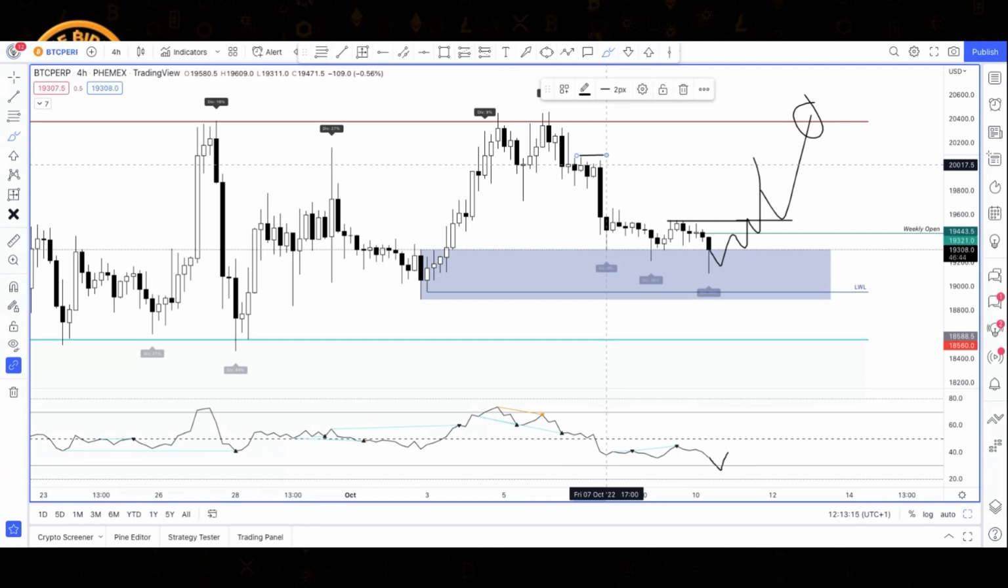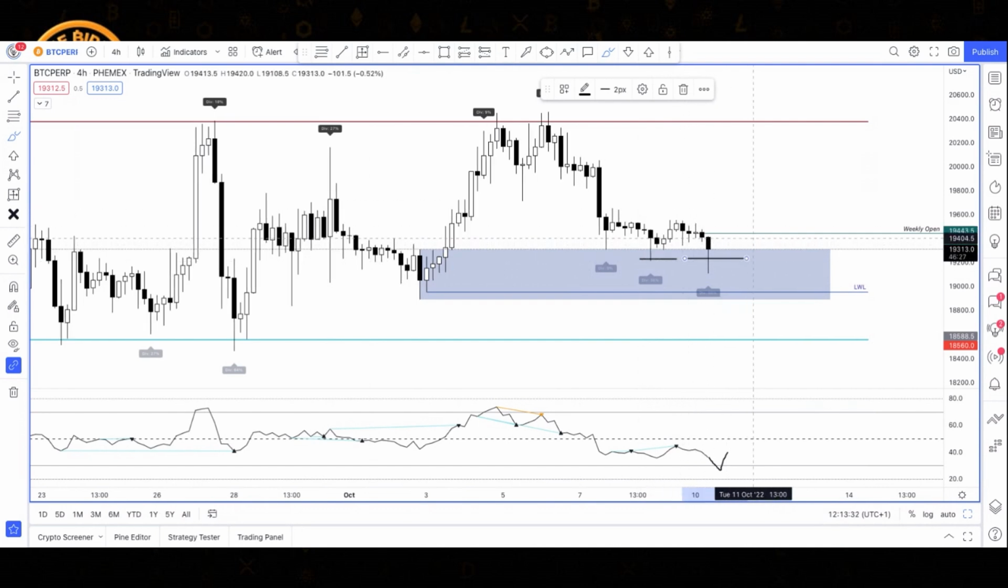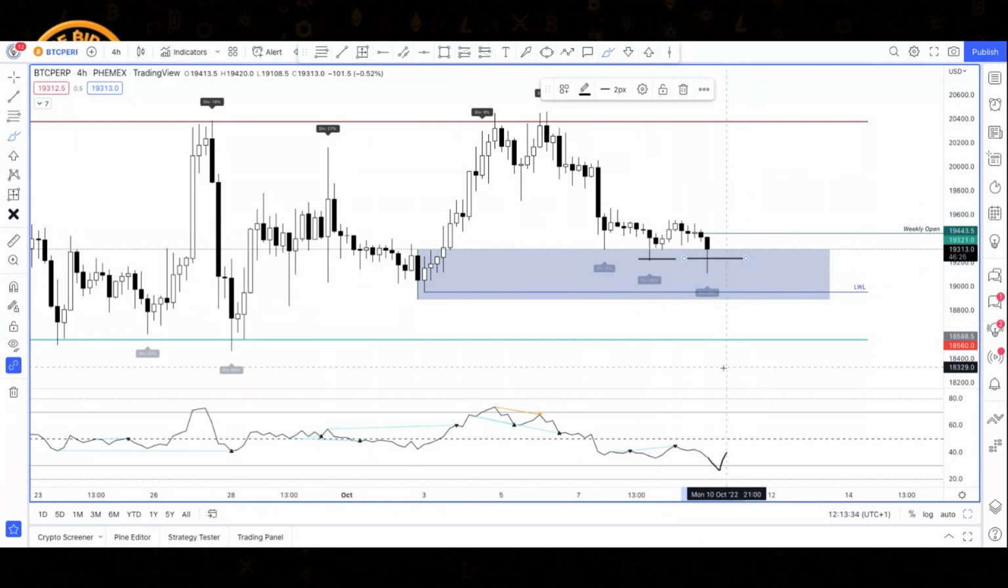Now, what about the opposite? What if we're looking for short plays? Well, why I'm not too keen to step into this short at the moment is we've taken out this low here, so we've swept the liquidity below there. So I think if we really drilled into the lower time frames and we had enough in terms of triggers,